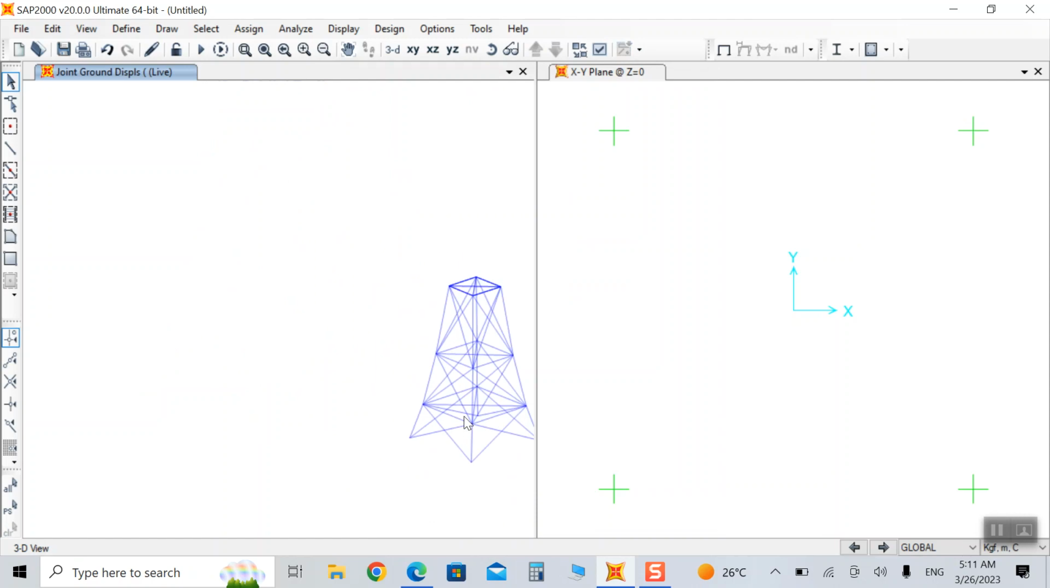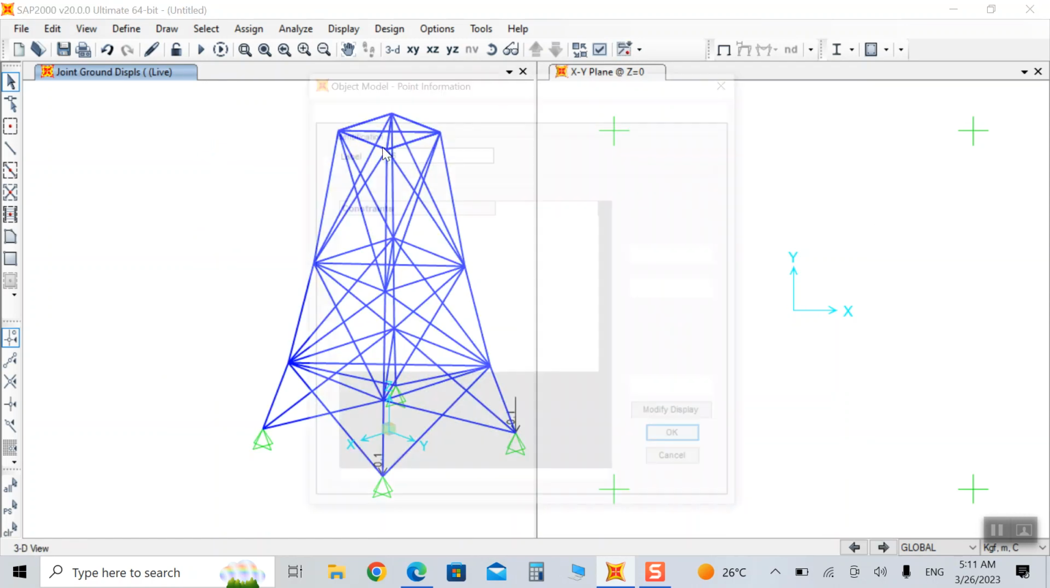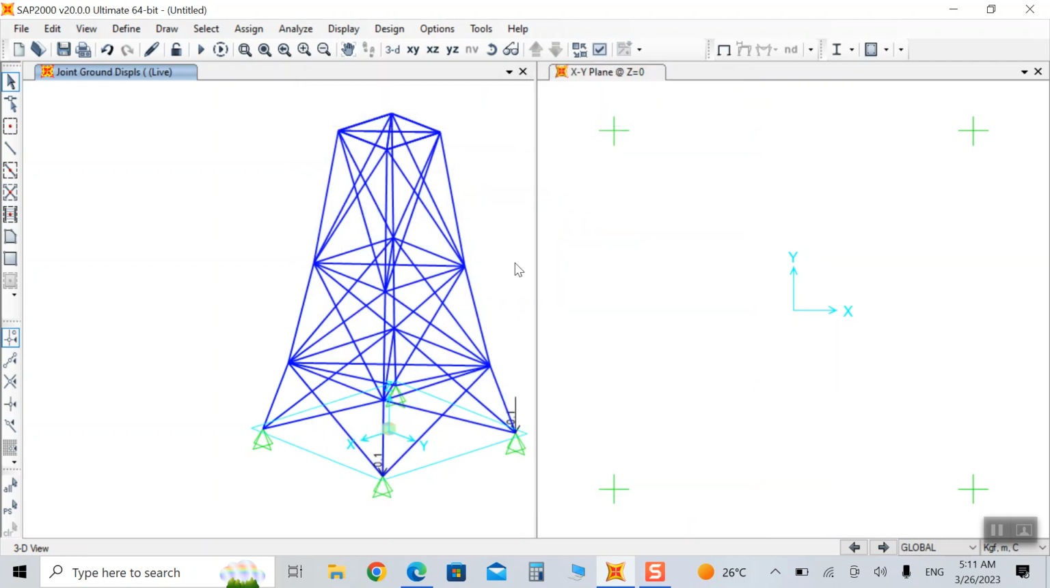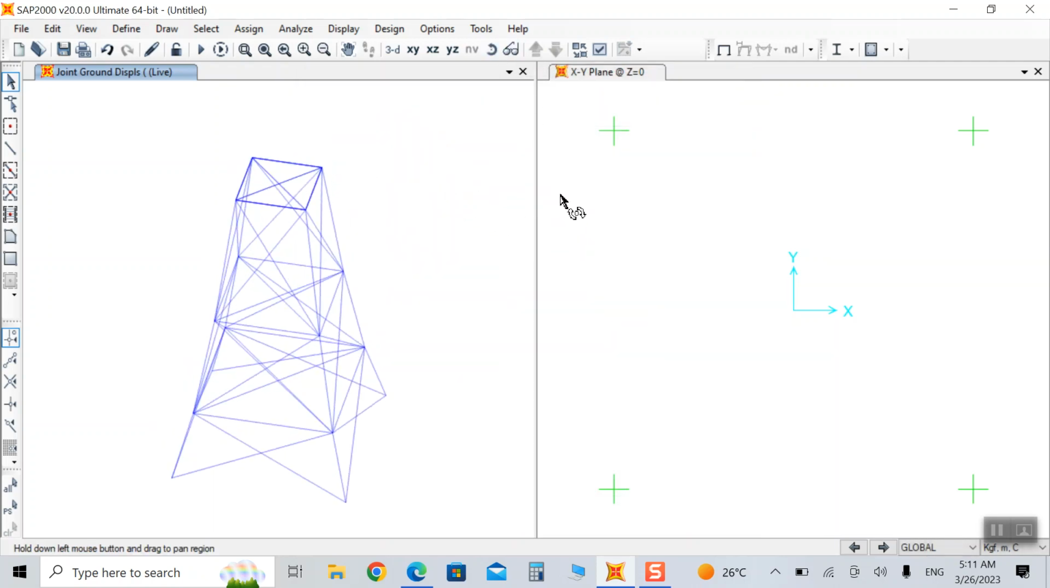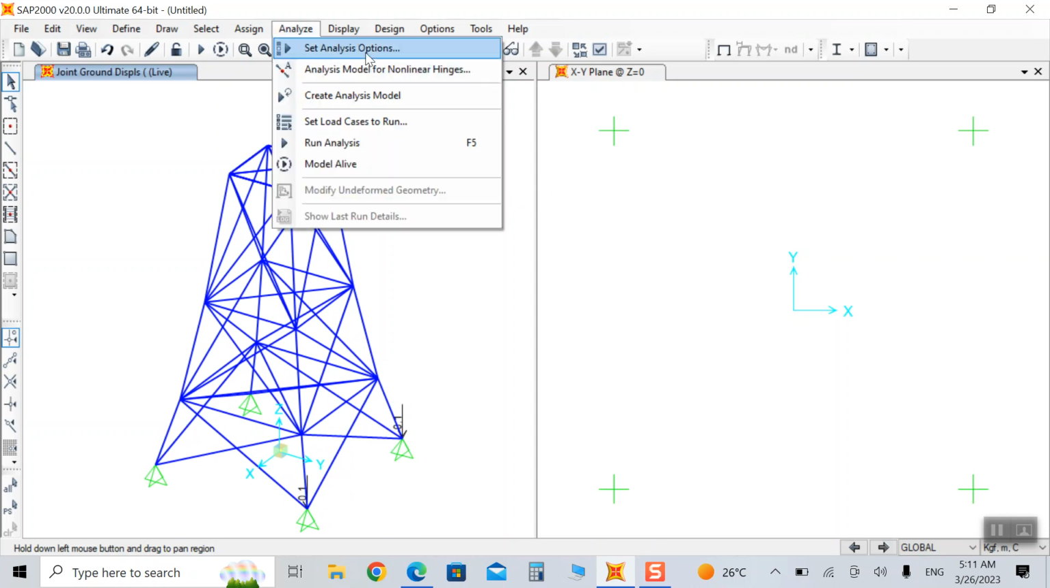Now in here we have also 0.1, and at this point we also have the load of 100 kg. Why do we put minus? Because of the direction. Now we can come to Analyze, set the analyze options,